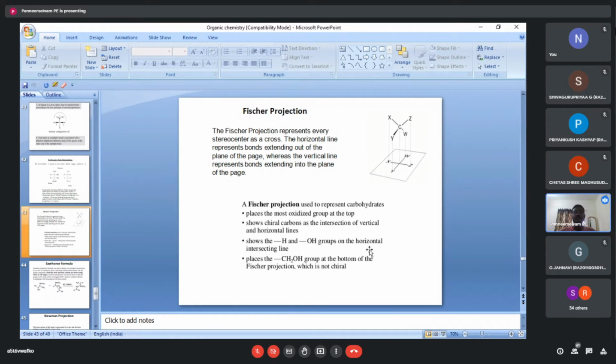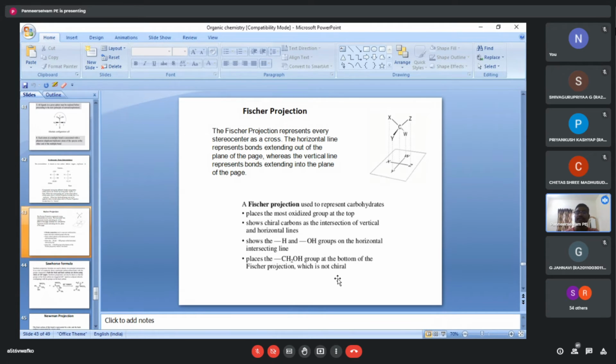These are like our 2 hands, the hydroxyl and oxygen on the horizontal. The vertical is like our body, and each one interconnects the carbons. The top and bottom are oxidized, and the bottom is not an asymmetric carbon. The first and fourth carbons of glucose, however, are asymmetric carbons. The alcohol group at the bottom of the Fischer projection is not chiral.